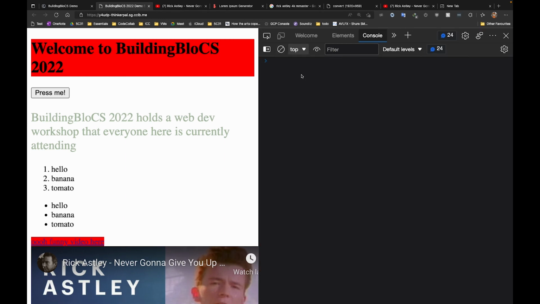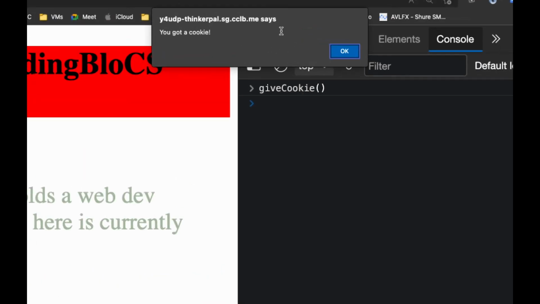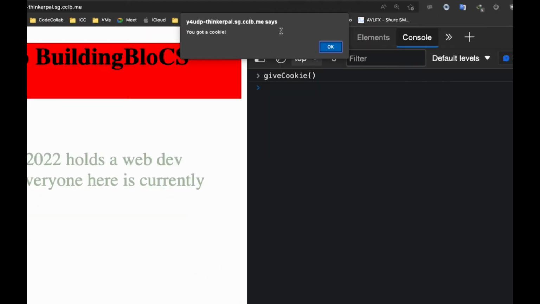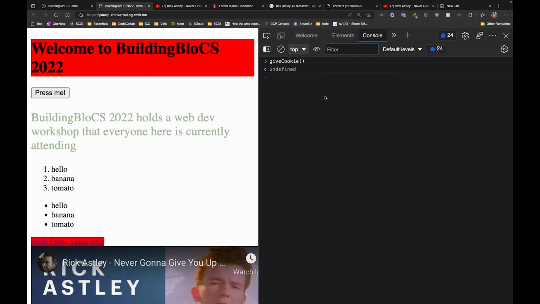It will show an alert, right? And you'll say, you get a cookie, right? But this is kind of useless, right? I need to type the code manually to run it. So to make some function run on the press of a button or something like that, you can use this